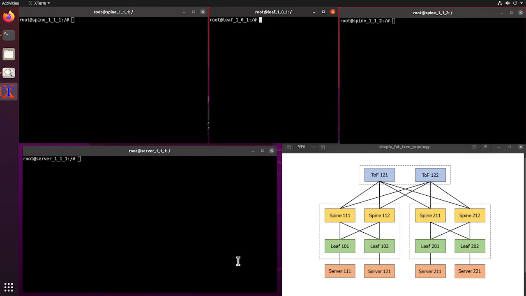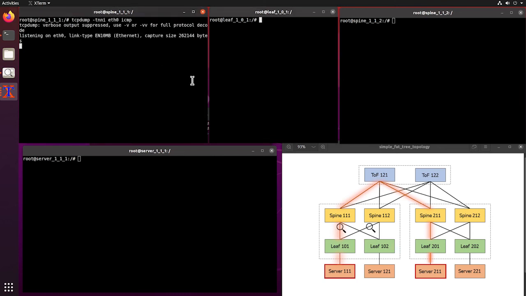Now, let's see how the protocol reacts to a node failure. What I'll do is a ping from server 111 to server 211. The ICMP traffic in the first pod will traverse Leaf 101 and one of the two spines. I start tcpdump on spine 111 and spine 112 on the interfaces towards Leaf 101.